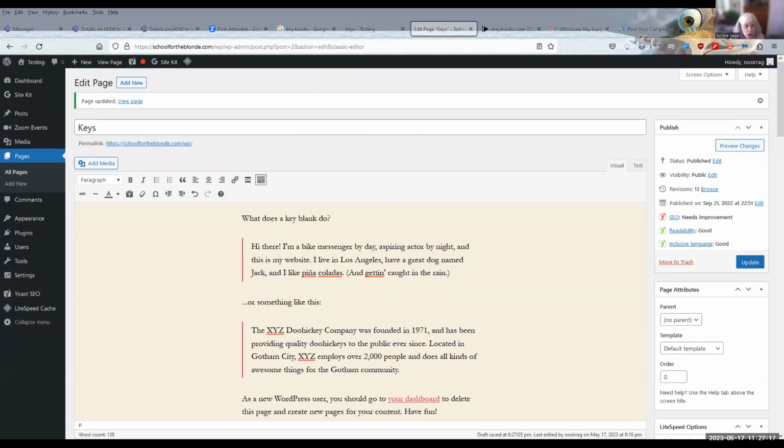It's mimicking the question of the searcher. Correct. Google likes that. If you put that question in your page and you explain why or what does a key blank do, that's helpful.